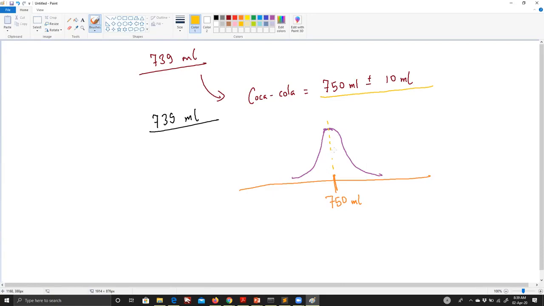Now the problem is if I take this process to be Gaussian, you need to know whether this 10 ml is one standard deviation, two standard deviations, or three standard deviations, and this will come in handy after a while. Because the assumption is that the process follows a normal curve. In a normal curve, we have a habit of writing mu plus minus sigma with some kind of z value, and z is just a real value.